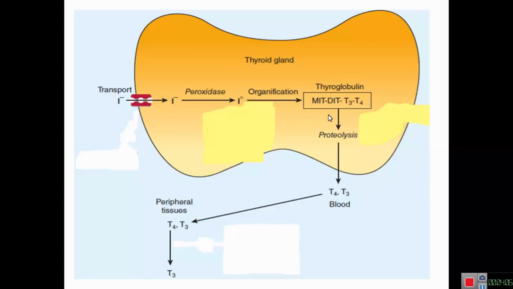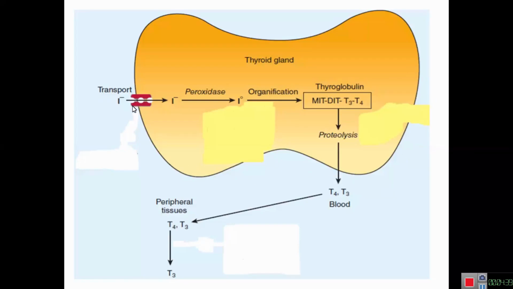then we are not going to get the thyroid hormones. Third, if we inhibit the release of thyroid hormones from the follicular cells, then we are able to reduce the concentration of thyroid hormones in the bloodstream. And finally, if you block the actions of the 5' deiodinase enzyme, then the pharmacological actions of the thyroid hormones get inhibited. In this way, we classify the anti-thyroid drugs by looking at this picture.